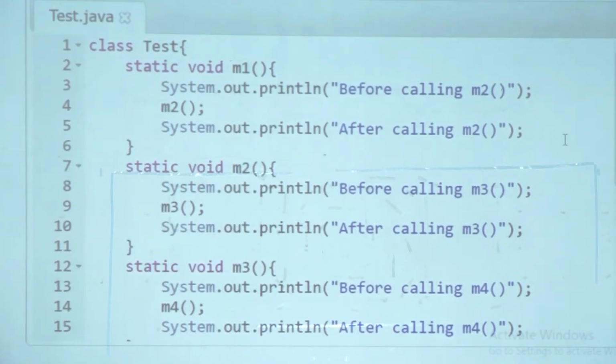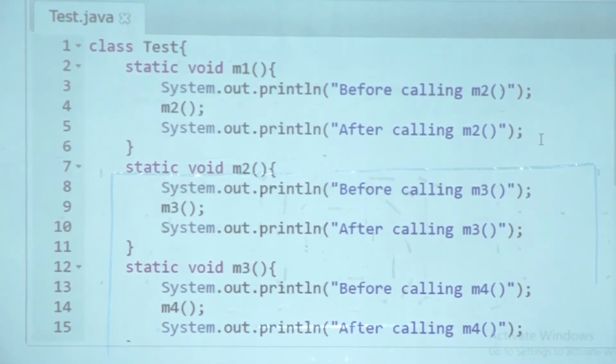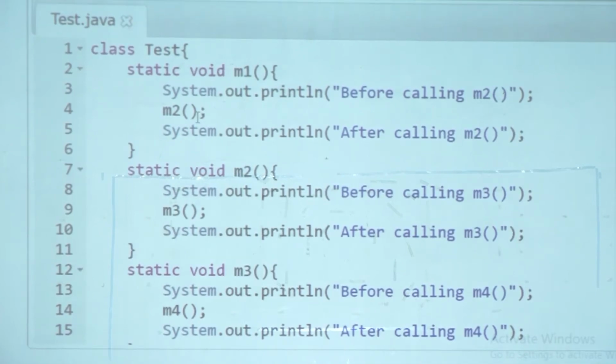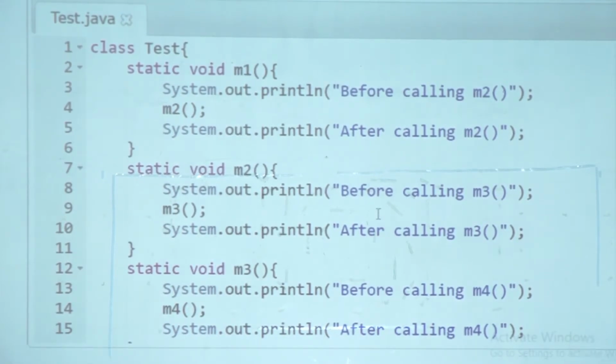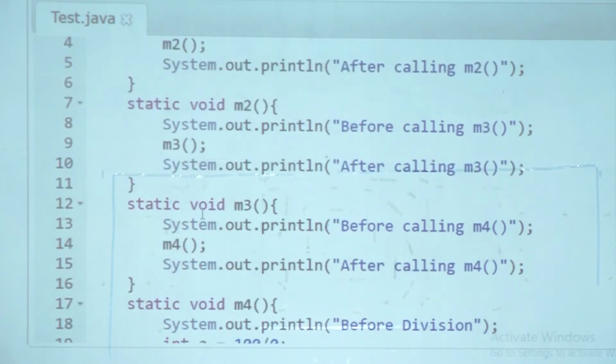So I have two lines now, before M1 and before calling M2. Then M2 is going to be called. So M2's body enters, and in M2's body we are going to say before calling M3. So three lines, before M1, M2, M3, all before. Then M3 is going to call M4. So I entered M3. So now I have one more line before calling M4.